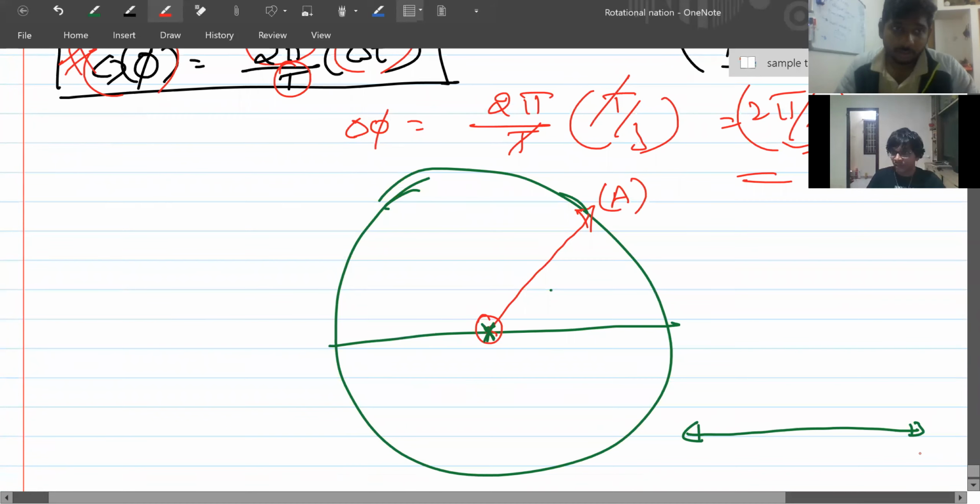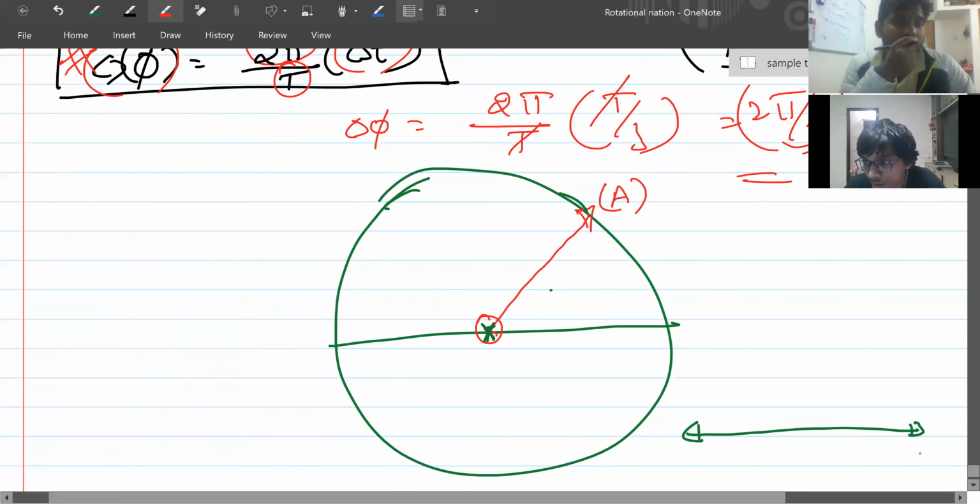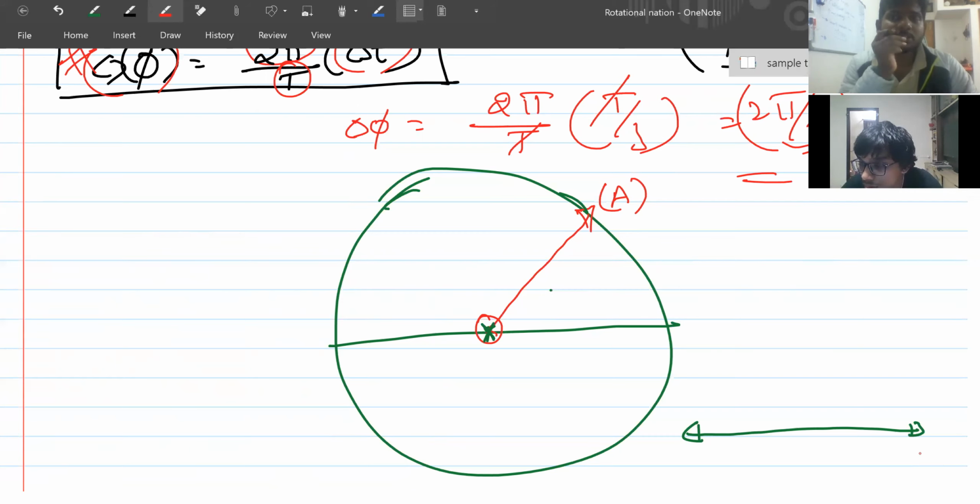So what is the difference between periodic motion and SHM? Periodic motion is motion which repeats over a period of time. Simple harmonic motion is a special case of periodic motion. Sir, in questions, how would we be able to differentiate them? You see here, suppose Earth rotating around the Sun is a periodic motion, because every 365 days it will get repeated. But a simple harmonic motion is also periodic motion.